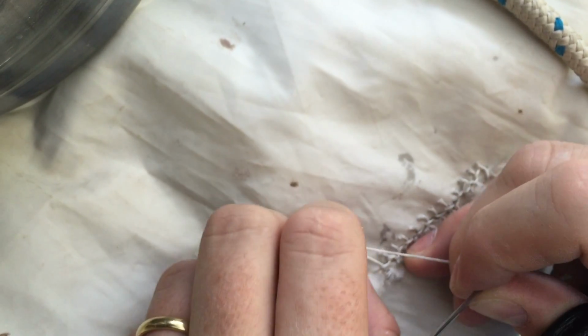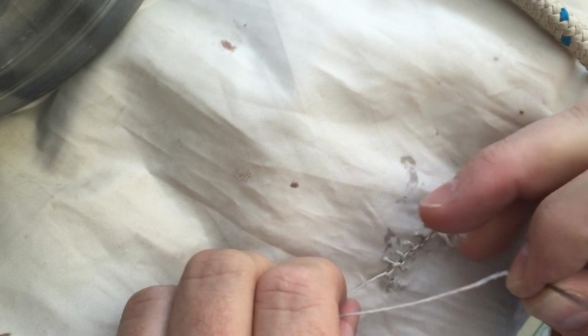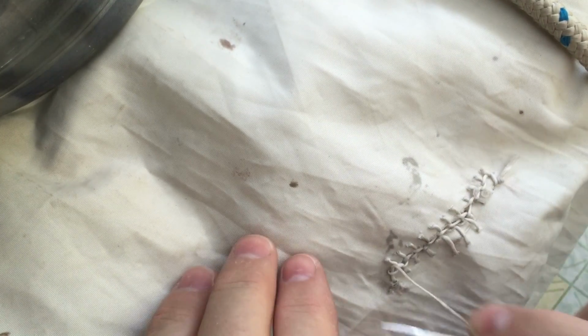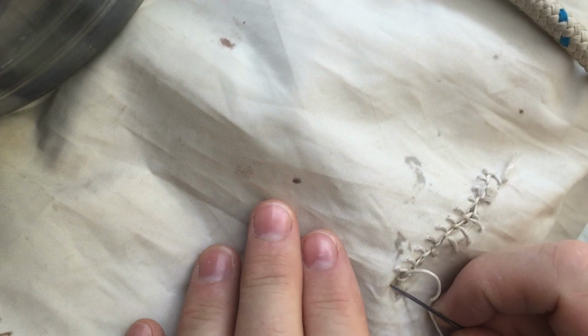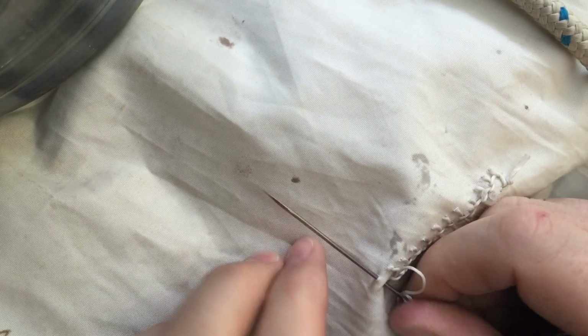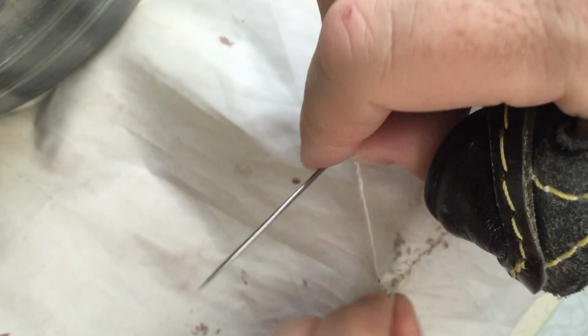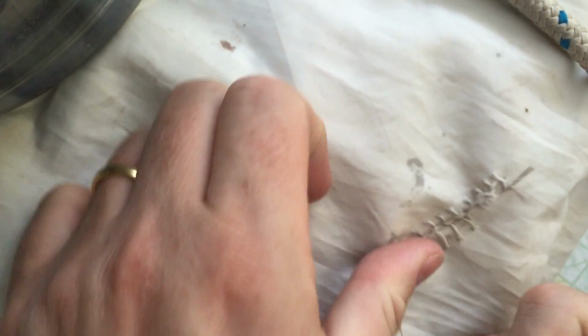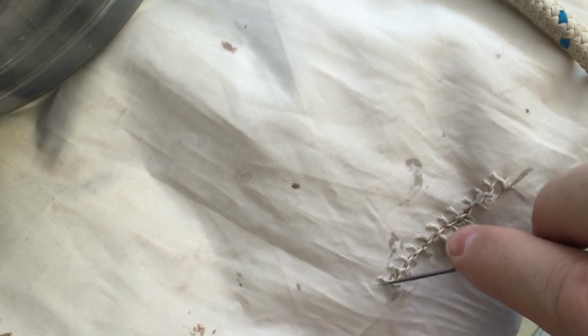So hopefully, if we've done it right, and you'll see here, I'm unfortunate that I've got another damaged piece of cloth bang next to it, so I'm going to continue a bit further up here. What we've got is material which should hold for a pretty reasonable amount of time. You'll notice here I'm coming back through, going through the material twice, making jolly sure that the stitches as we put them in are tied together. All we do at the end here is to finish it off with a knot after darning the material, after bringing the thread through properly to make sure that there's nothing that's going to give